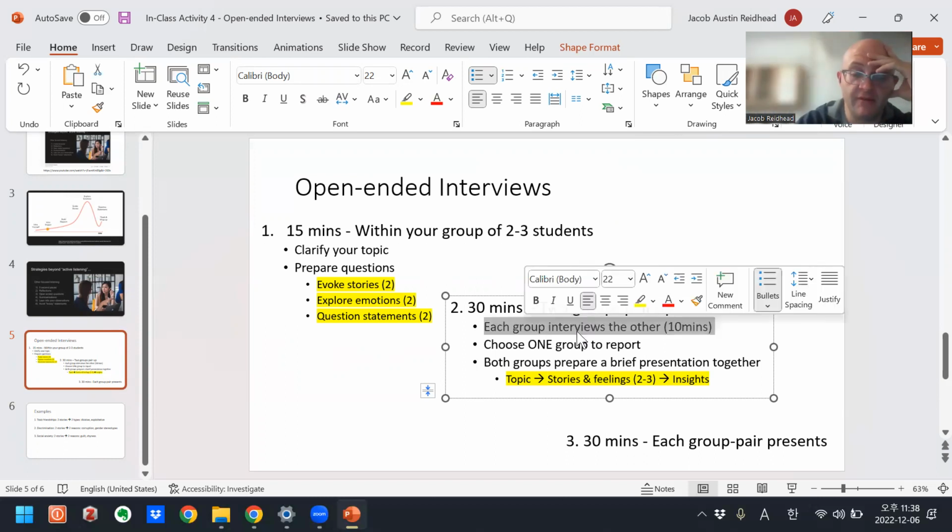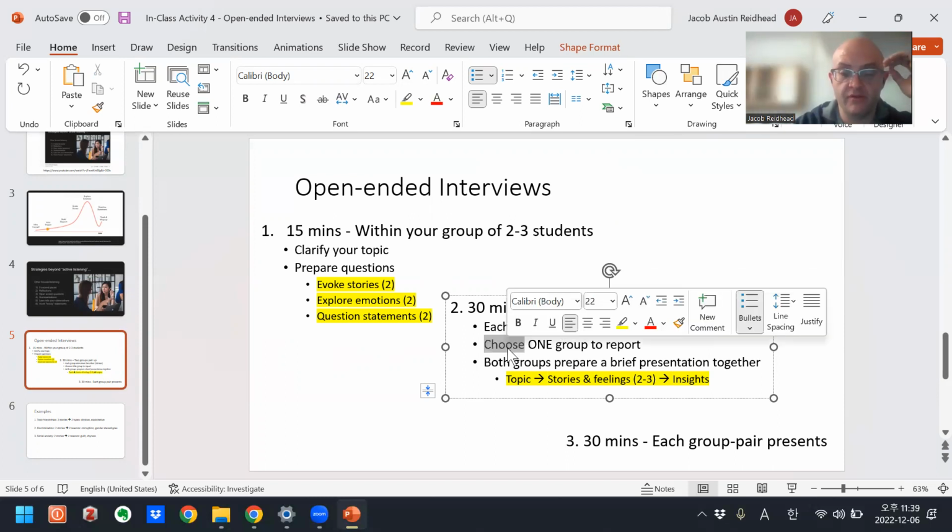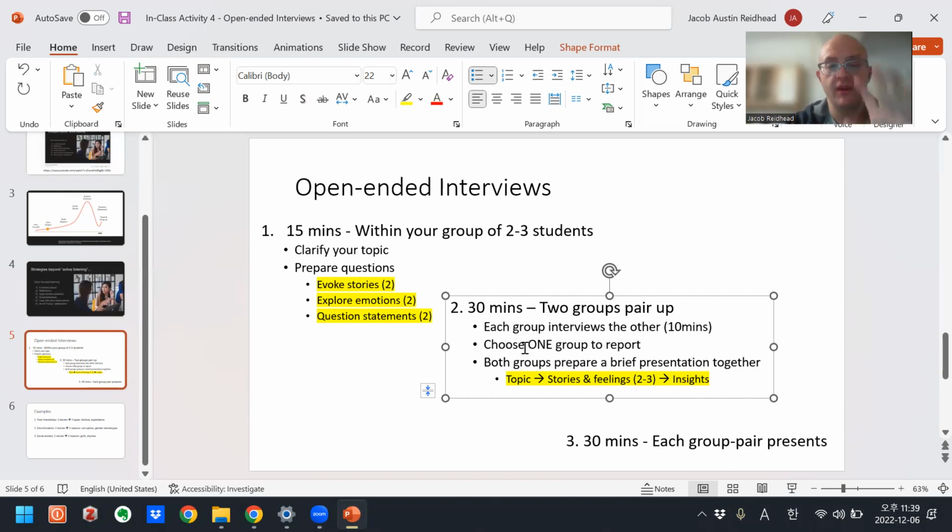And then after they've interviewed each other, the two groups, A and B, will choose one of the groups, either A or B, but not both, to report. So let's say group A and B interview each other, and then they decide group A had the more interesting topic, so let's help group A to report.